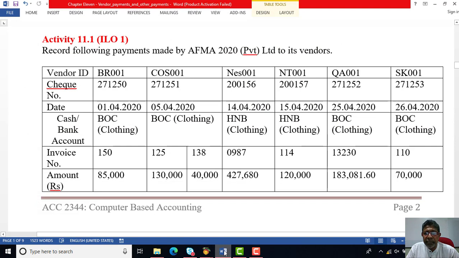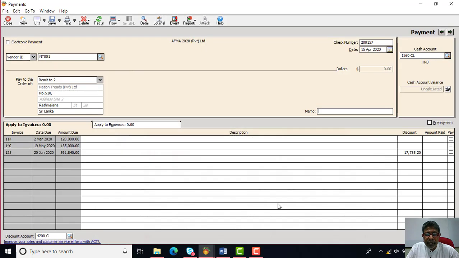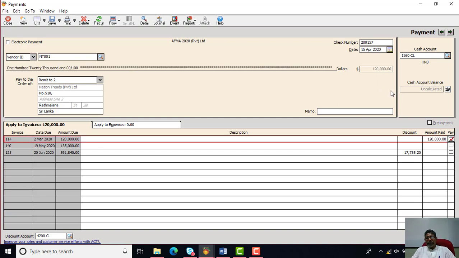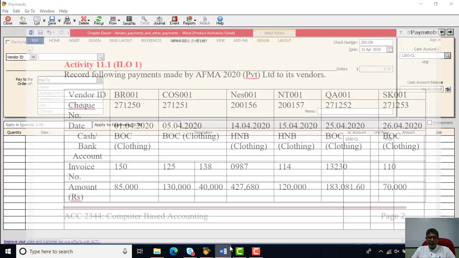That is also correct, no need to change. And the invoice to settle is invoice number 114, amount paid 120,000. 114 full amount is paid, 120,000. Tick the pay box. Full value will appear under the given situation. And then to update your ledger accounts, we can click the save button.